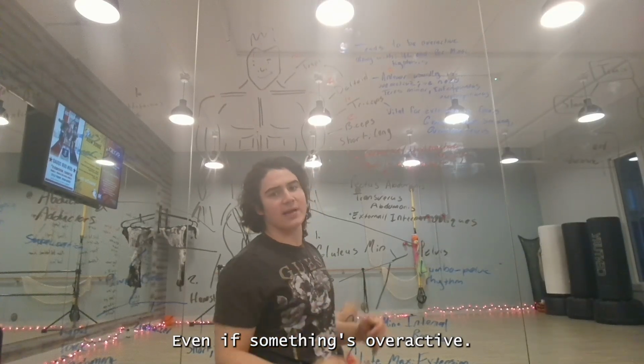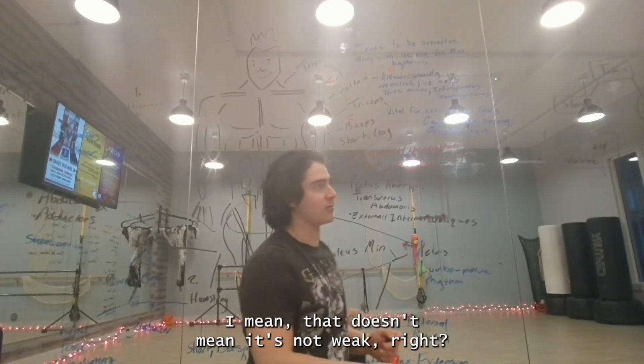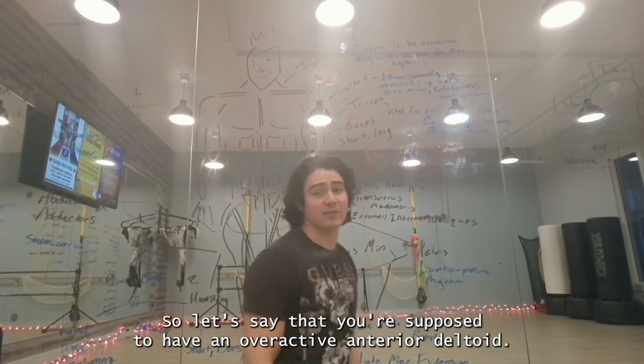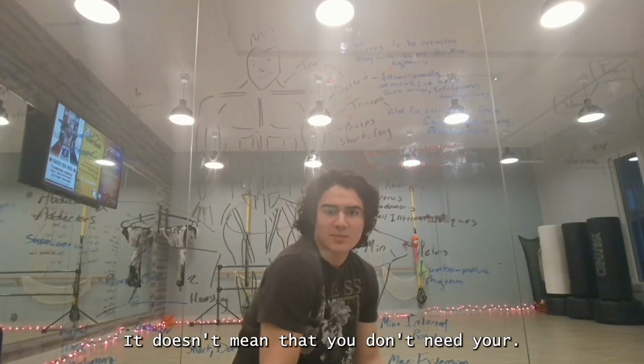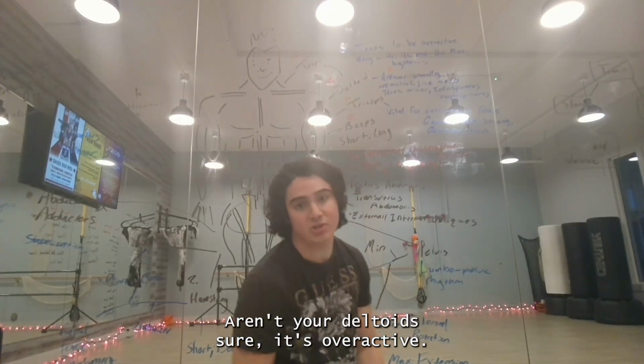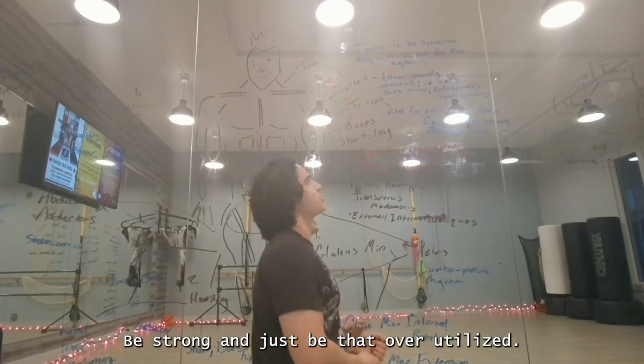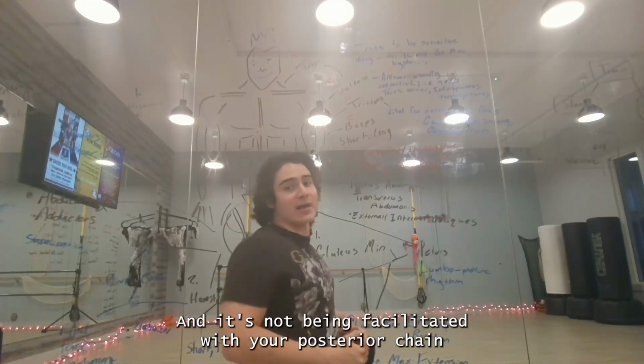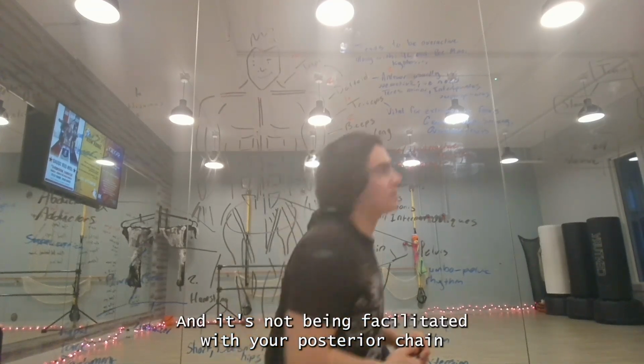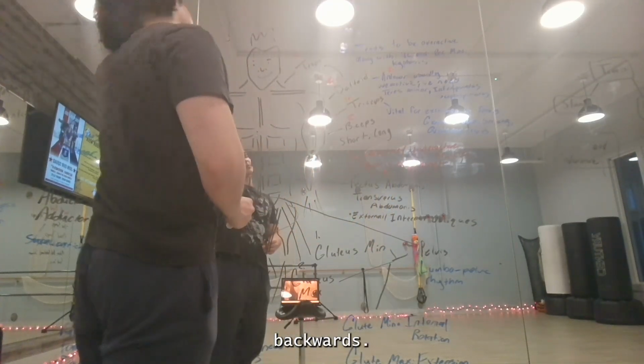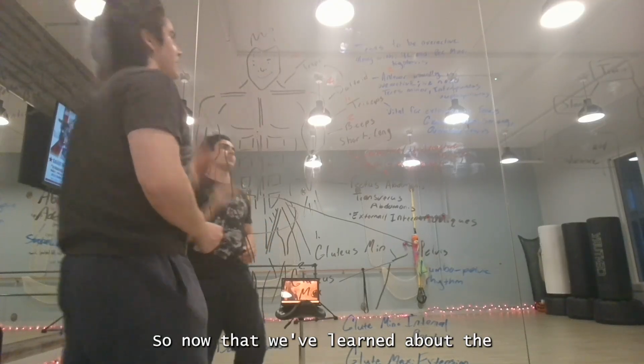Even if something's overactive, that doesn't mean it's not weak, right? So let's say that you have kyphosis, you have an overactive anterior deltoid. It doesn't mean that you don't hit your anterior deltoids. Sure, it's overactive, but that doesn't mean it's strong. It just means that it's overutilized and it's not being facilitated with your posterior chain. Okay? So now that I'm done blabbering about that,